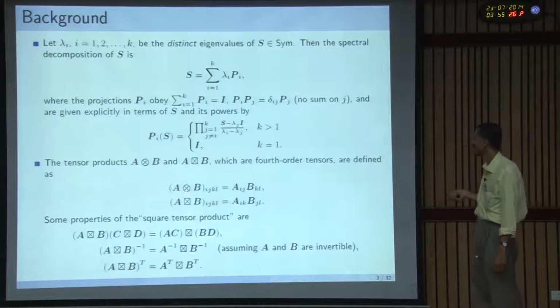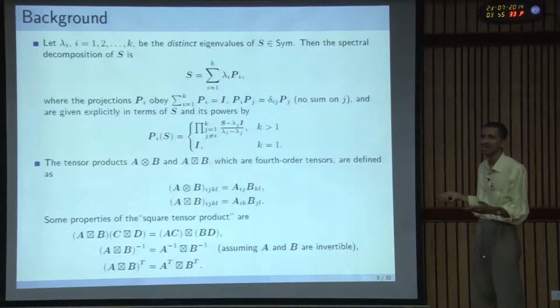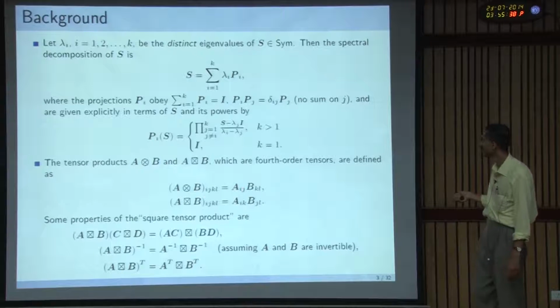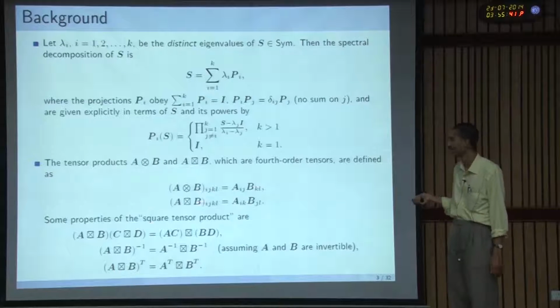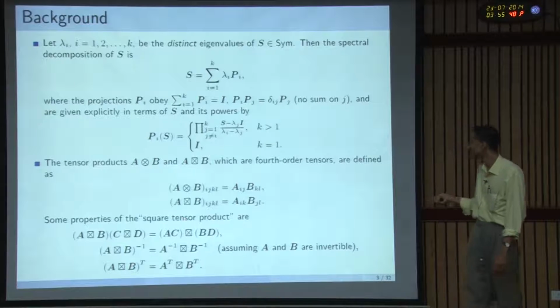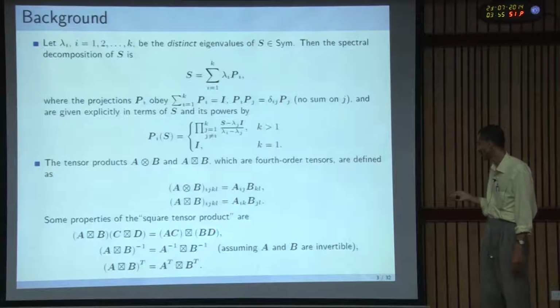Here this I will just call A dyadic B, and here A square tensor product B, because it is a square. There are no standard names for these things, so I will just make up my own names here. The index notation versions of these tensor products are given here, and these are some of the properties. I will probably skip these mathematical details, but you can prove some of these things here. Fine.